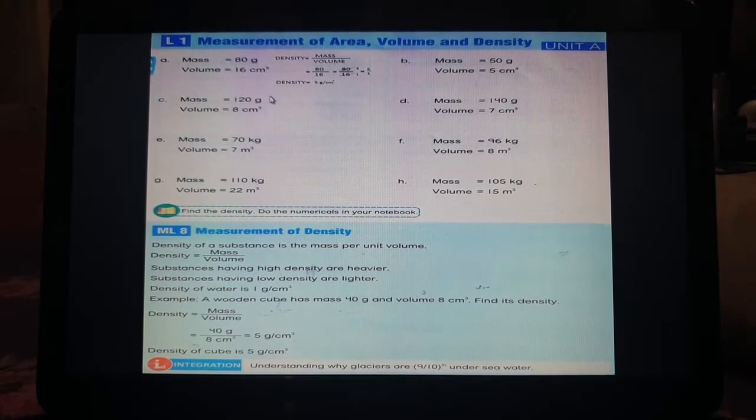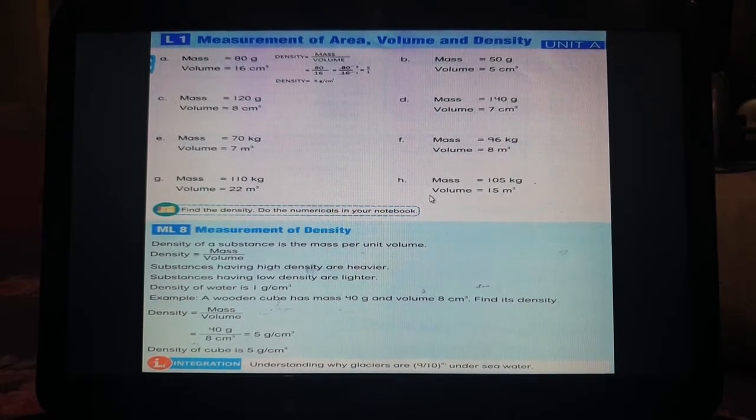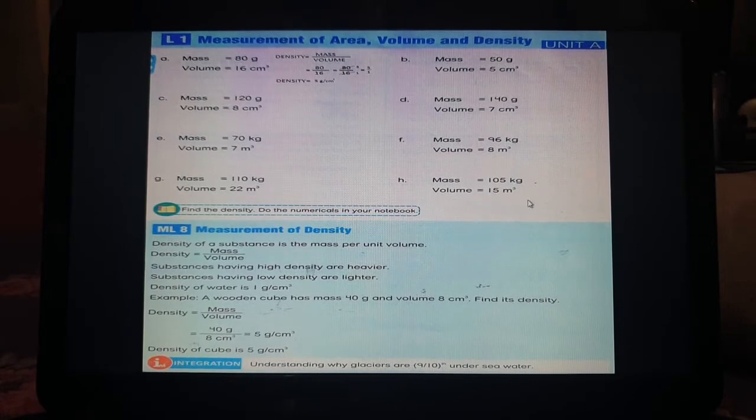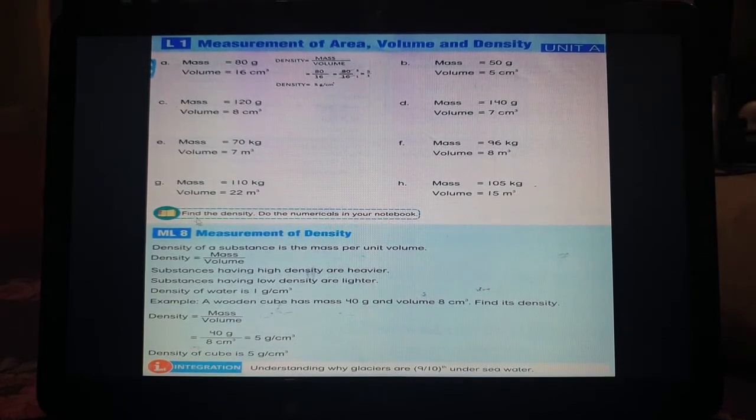You people have to solve the rest of the problems, that is B, C, D, E, F, G and H given here. They are very simple as we have solved for the A sum. It is just the division. You can complete the same. Next,